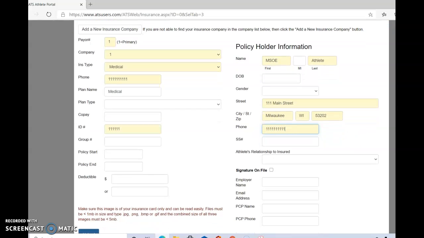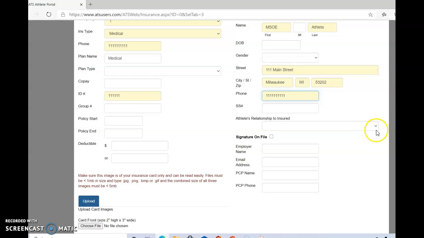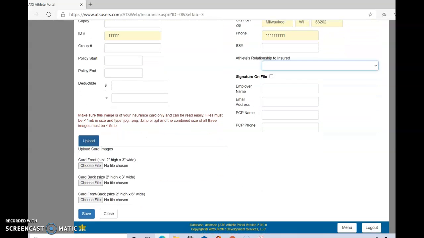Once you have completed all of the information that you have, you will scroll down to the upload area. As you can see, there's very specific information about the file type and size of your card. For this example, I will show you what happens when it does not meet the criteria and you attempt